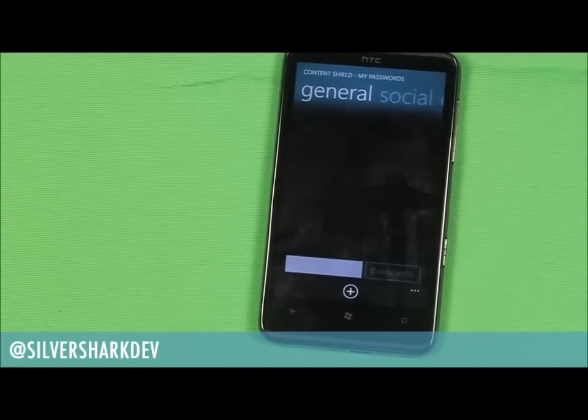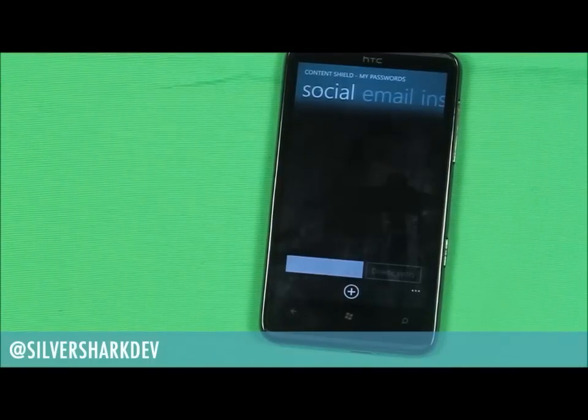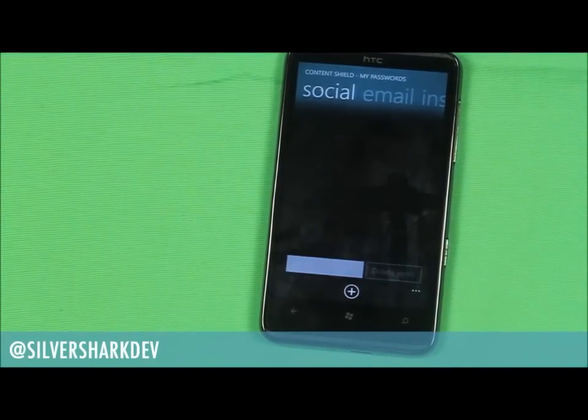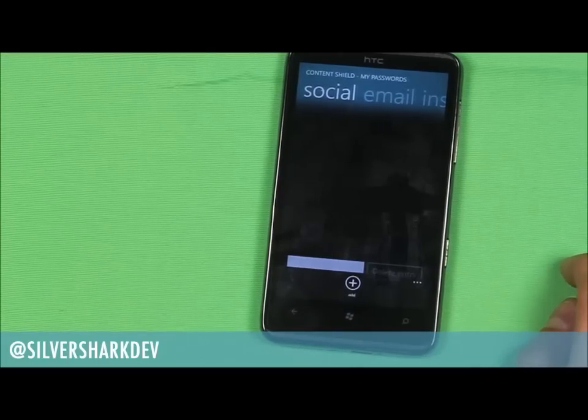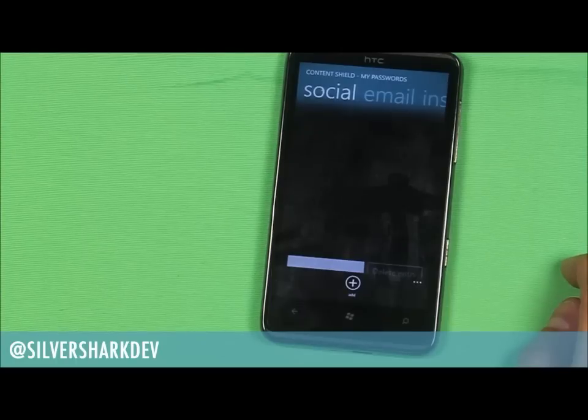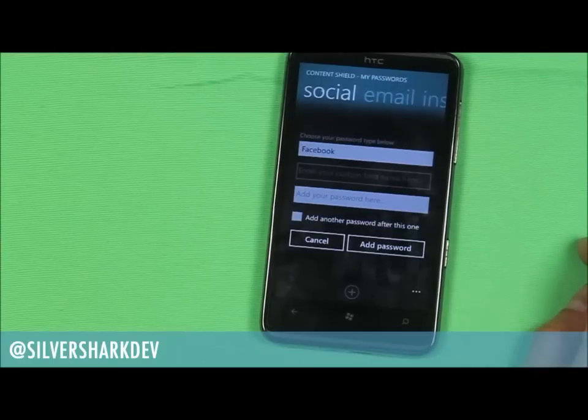Right, I'll jump straight into the social passwords now. Give you a demo of that. To add a new password, you simply click on the add button at the bottom, which is very common in many Windows Phone 7 applications. All the time the menu will be at the bottom, so if I click into that,